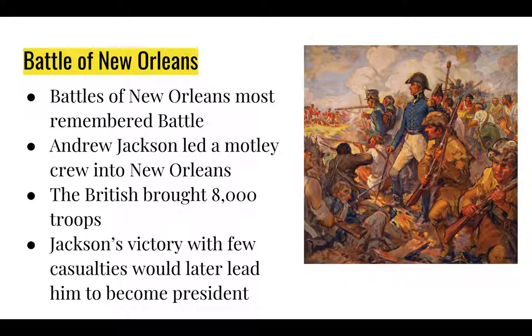The British approached New Orleans with ships with 8,000 soldiers and were planning to invade and take over control of the Mississippi River that ran through New Orleans, which was a major river in the United States. Ultimately, Jackson won the conflict, and they weren't able to invade and land and go into New Orleans, and he only lost 100 men. The British would end up losing 2,000 soldiers in this conflict.